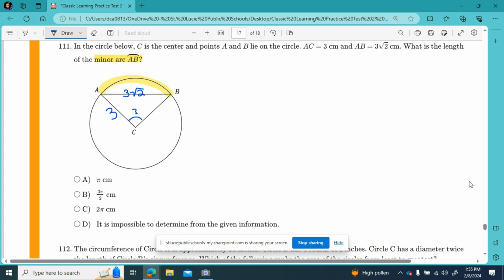If you take a look at the reference sheet, you can see something similar to this square root of 2. I also know that from C to A is a radius, and from C to B is also a radius. So that means we have an isosceles triangle, and this side over here, since it's a radius, is also 3. And if we look at this, 3, 3, and then 3 square root of 2